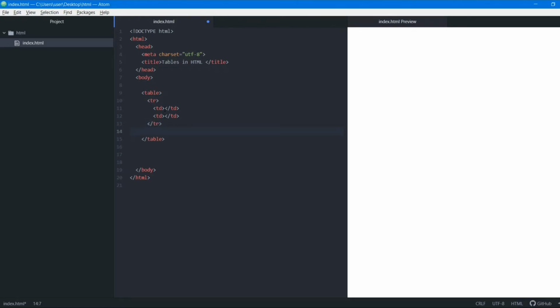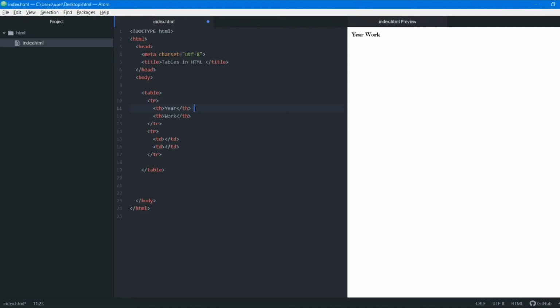Now suppose here I want to enter anything, so I can enter anything, right? Suppose before this tr I'll create one more tr tag, and here I'll use th, that is table heading, stands for heading tag, right? Th, and okay, I'll add two th tags. Now here I'll write work. Okay, the year and the work, and I want spacing between them.